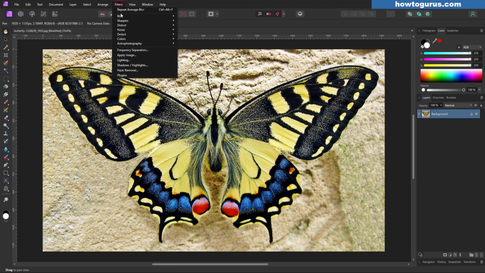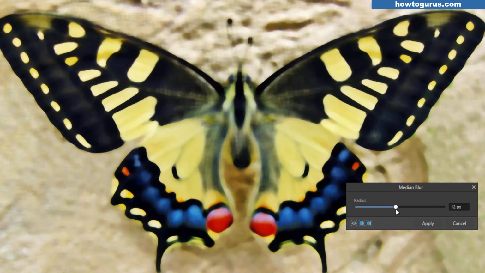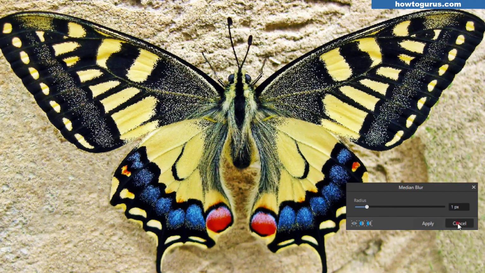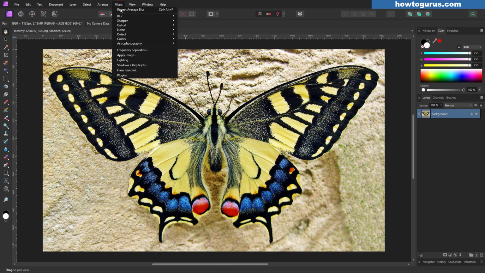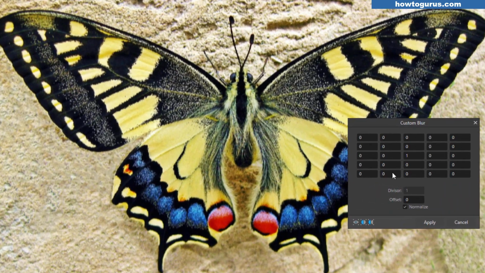Okay, back up to filters and blur. Medium blur is blurring out the mid-tones. There we go. It's kind of leaving the lightest lights and the darkest darks alone, and blurring towards that median value. And then there's also a custom blur where you can put numbers in here, and this will control blurring